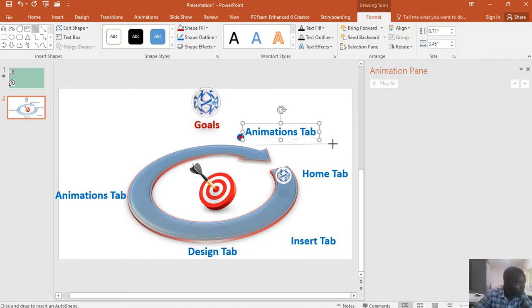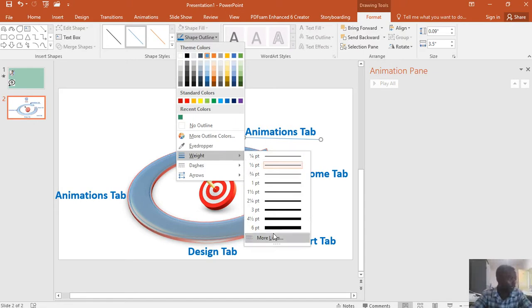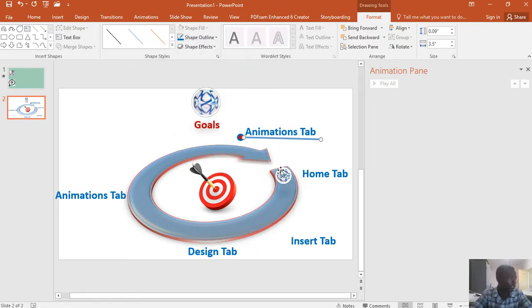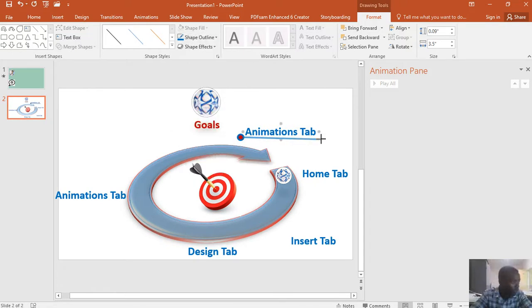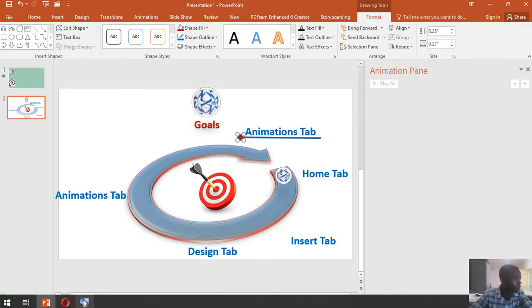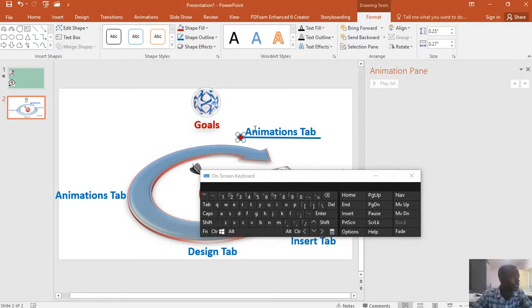Right, and then let's insert another shape, which is just a line. This line must go that way, and this line's color is blue, and then we add some weight, give it that weight, and then the color, we want this kind of blue. Now we can edit our line. We click on this shape and then press control. While control is still pressed, you can add more